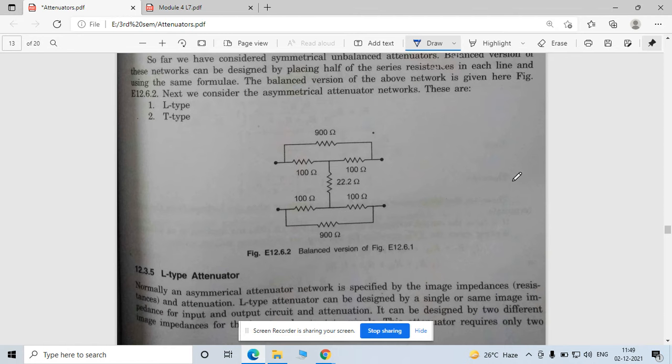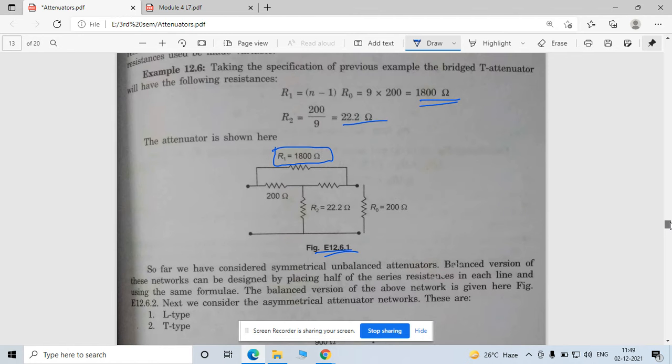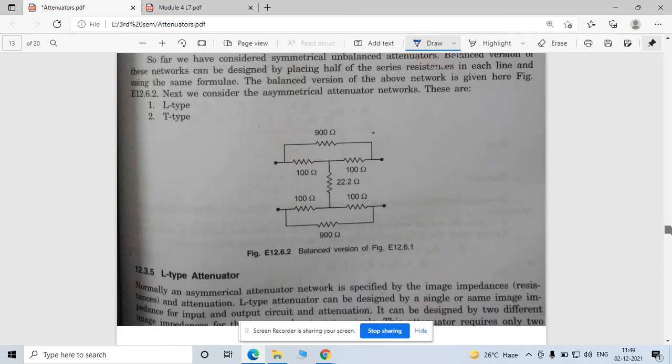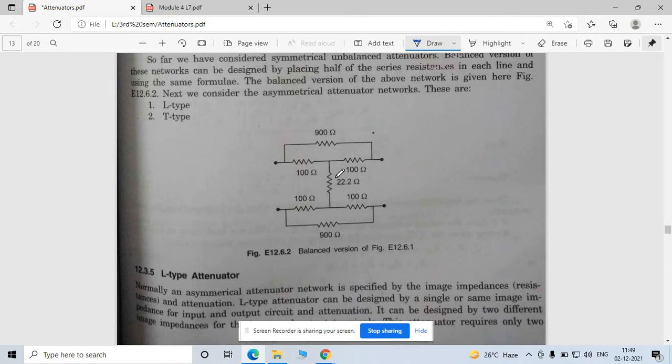Now see, the original circuit is divided into two forms and connected in such a way that if you divide this section into two parts, in this horizontal way, this is a water image, just like the upper circuit is equivalent to the lower circuit. So this is your balanced circuit. So you can also use that circuit in such a way.